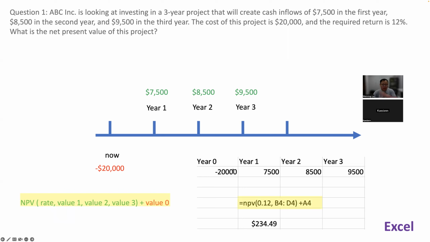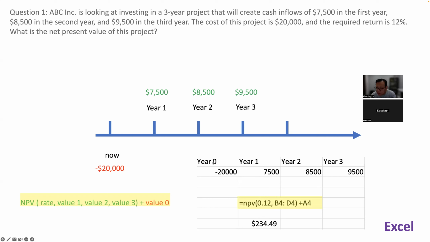Once I'm doing this, you can see my formula here: equals NPV bracket 0.12, B4 to D4. This is my B4, 7,500, and B, C, D. Year 1 is column B and year 3 is column D. So I have B4 dash D4, which means I'm collecting the range from B4 to D4, okay? And then I add A4. This is column A, so that represents